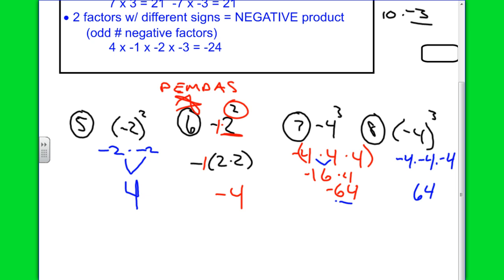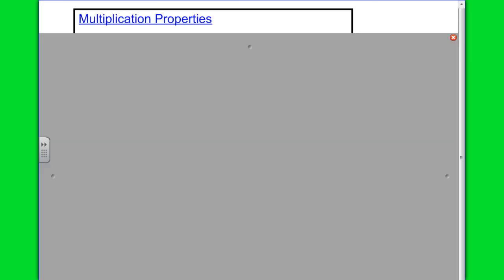Thumbs up if you agree. She said positive. And who says negative? Okay, you can vote once. Who says positive? Raise your hand. Who says negative? And you're right, it's negative. Negative times a negative is a positive. And then you multiply by negative, and there you go. Your product is negative. There were 3 negative factors. Okay? Check your work so carefully today, where you can, those odd ones, so you can catch these little errors,